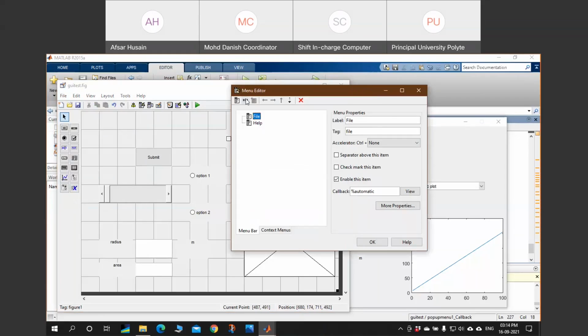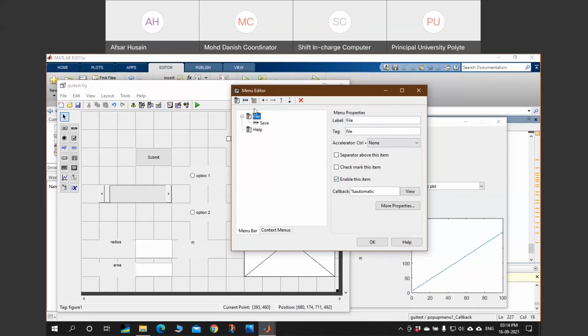So suppose here I want to create. Yes, so to create the sub menu, a sub menu is a menu within the menu. So to create it, click on the second icon. Okay, this will create a sub menu. So wherever you want to show your sub menu, just click on that. I want my sub menu to be under file. So I select file. I create this. And I name it as save. Okay, this will be save.